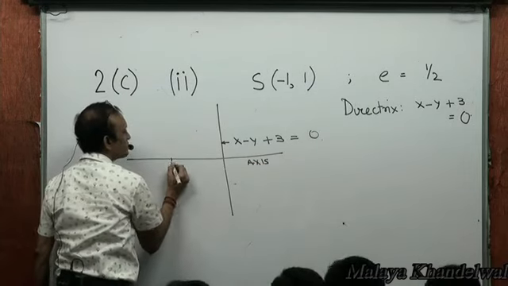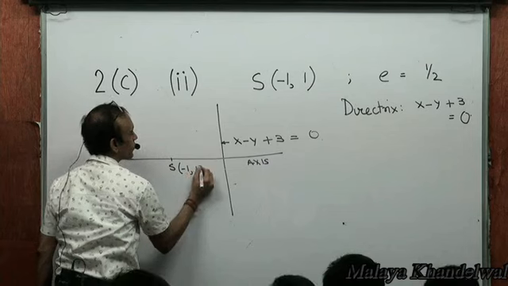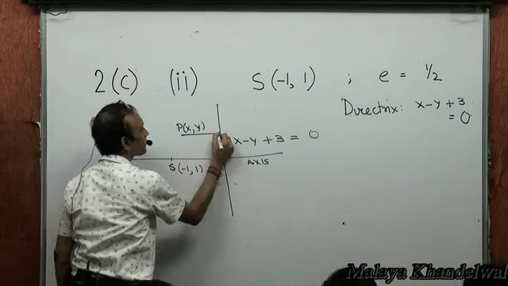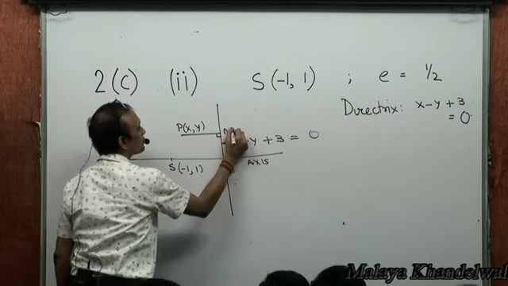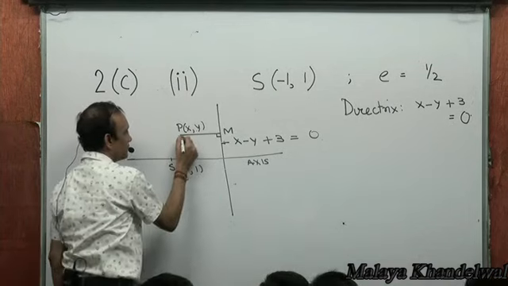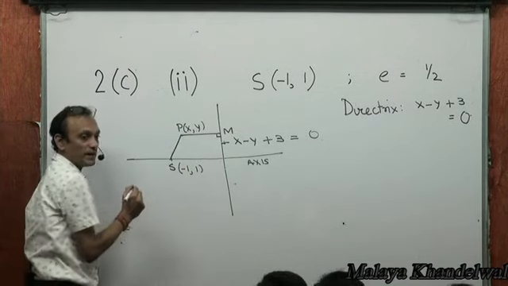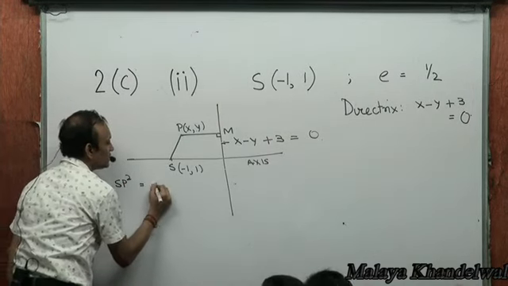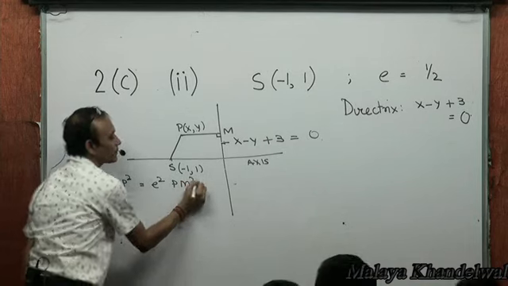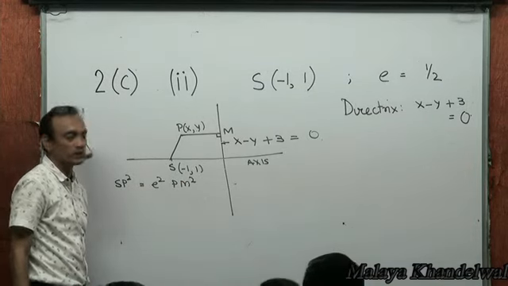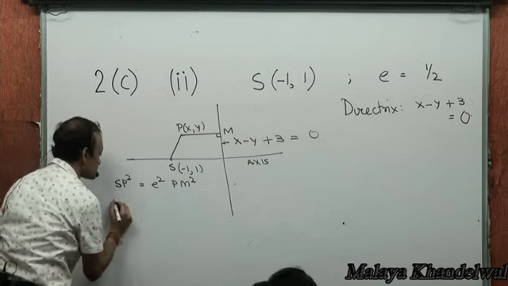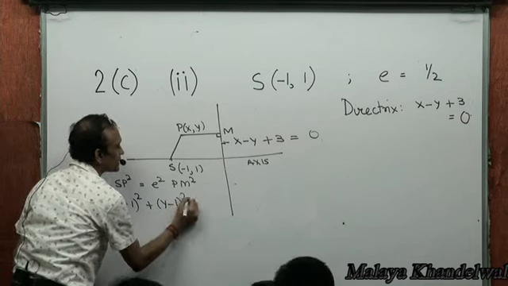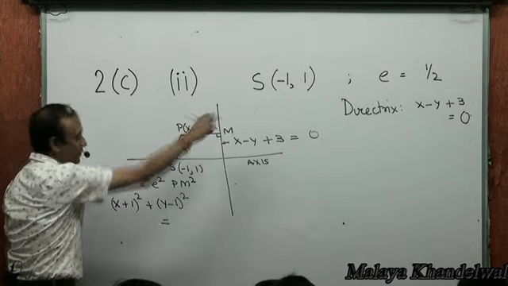And if S is a focus, in this case (-1, 1), and P is any point (x, y) on the ellipse, and the perpendicular distance of P from the directrix is PM, and this is SP, then by definition, if P is any point on this ellipse, SP squared would be e squared times PM squared. SP squared means the square of this distance: (x plus 1) whole squared plus (y minus 1) whole squared is e squared, and e squared would be 1 by 4